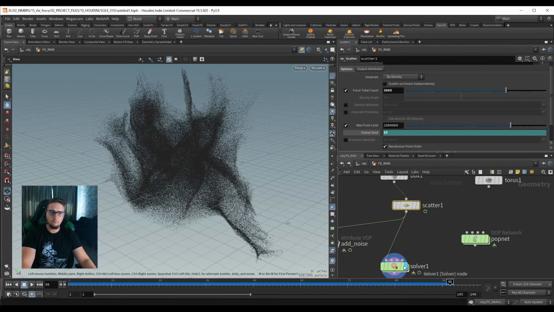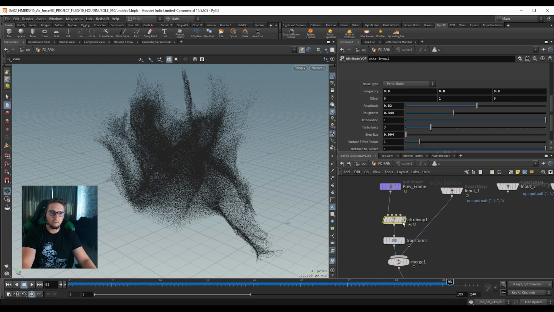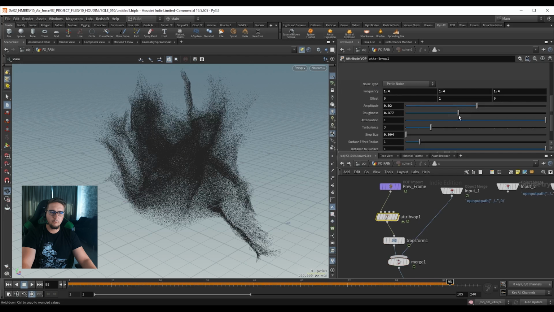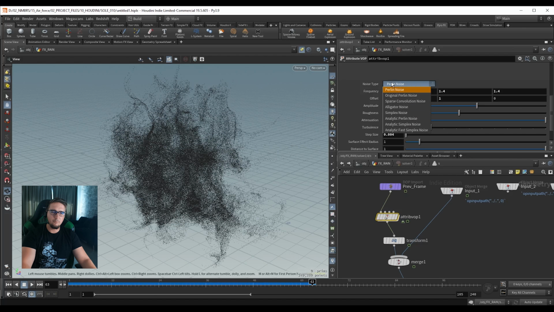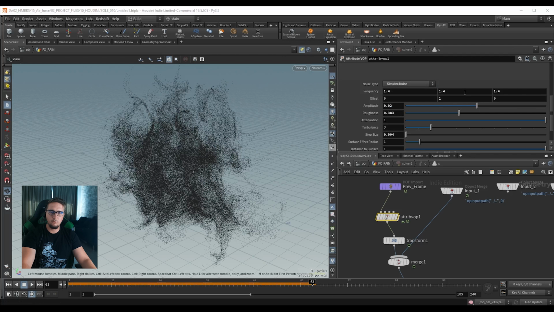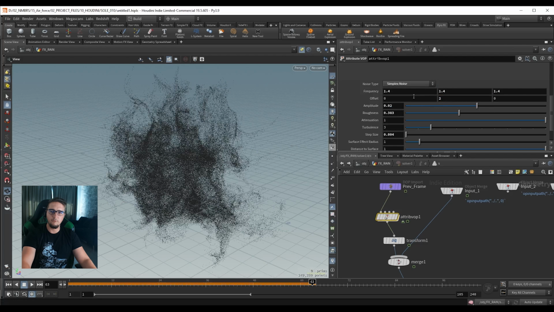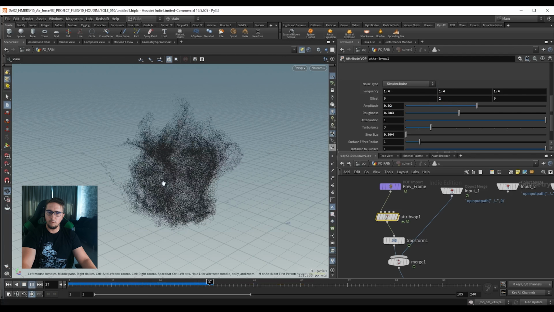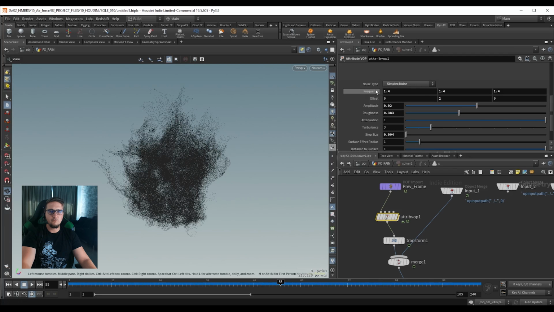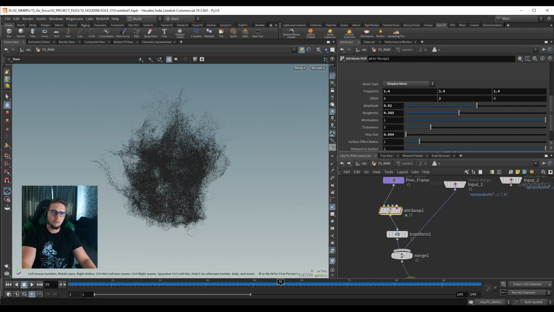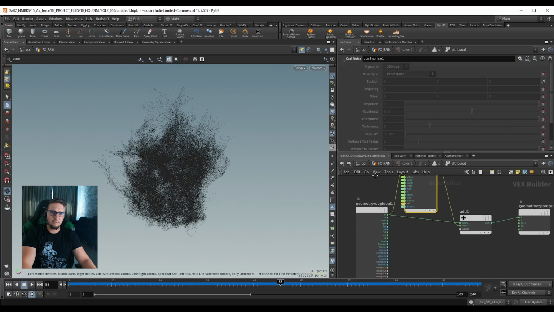So here we have it. So let's go inside and try to make this noise a little bit cooler, maybe increase the frequency and bring back some of the roughness. And let's maybe switch the type to a simplex noise and add more offset value to this and see what we get. So maybe this is slightly cooler. Now this offset value isn't really doing a lot for us, so we can go back inside here, and this